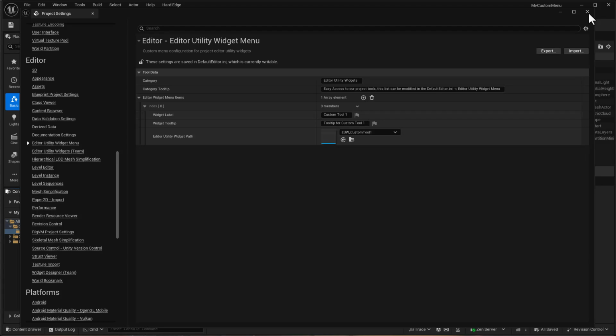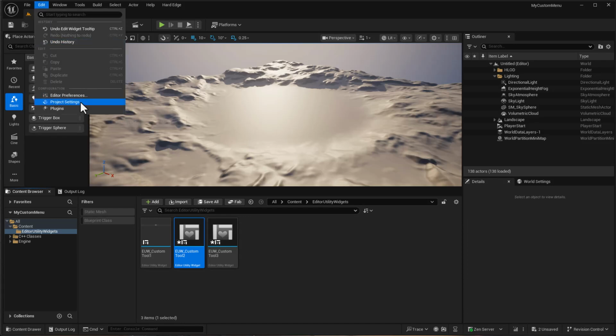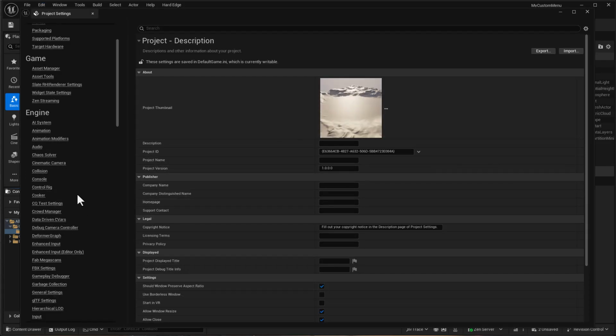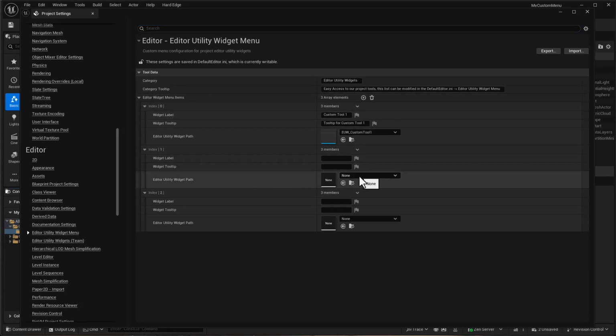Okay, so we need to move on now. We need to start putting things together. We've done this now. We know exactly what we have, and what we could do is duplicate this a couple of times, and now we have Tool 2 and Tool 3, which is great. And what we can do is in the project settings, we can just add those at any time. And you can see how easy this is going to be now for someone to maintain this menu that we're going to build. So we can get Custom Tool 2, we can get Custom Tool 3, and I'll copy all of this stuff and modify what this does. So this is 3,